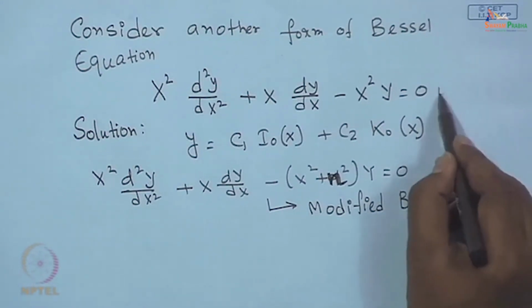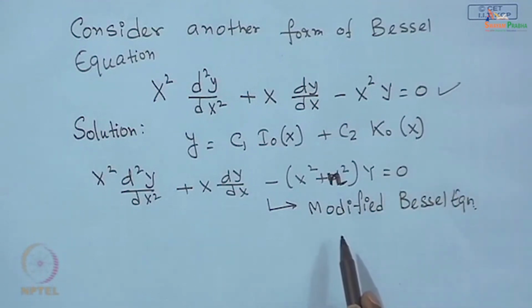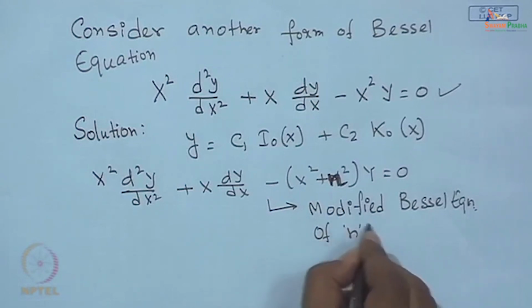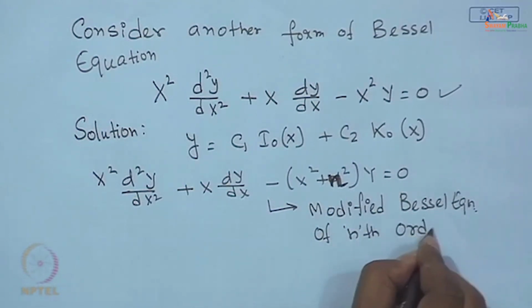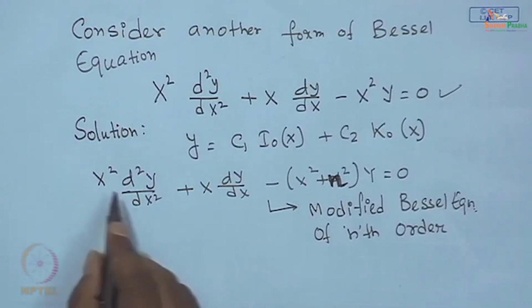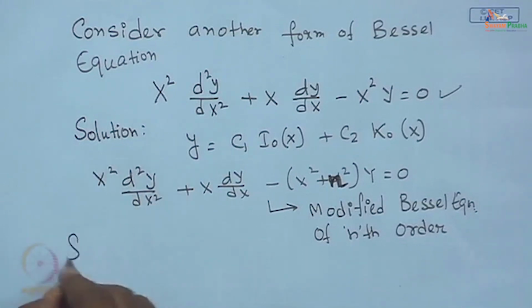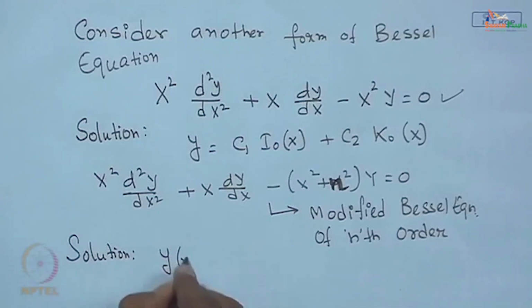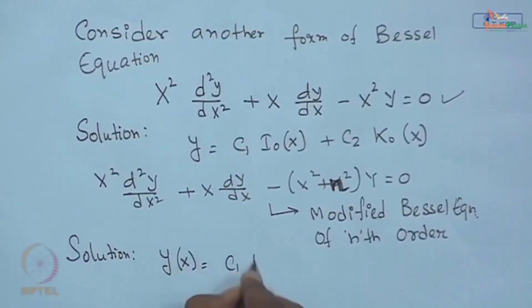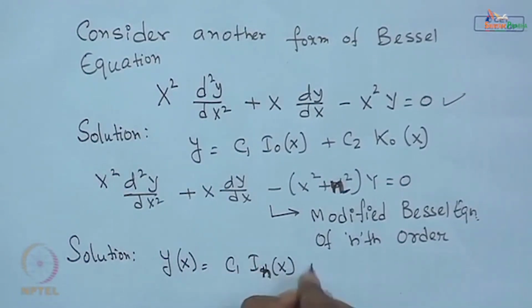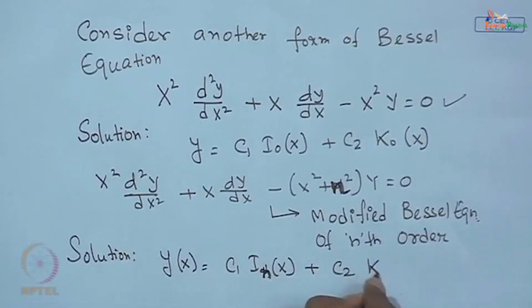This is the modified Bessel equation of 0th order. This is the modified Bessel equation of nth order. So, therefore, we will be getting the solution for this particular problem as y as a function of x is nothing but C 1 I n x plus C 2 K